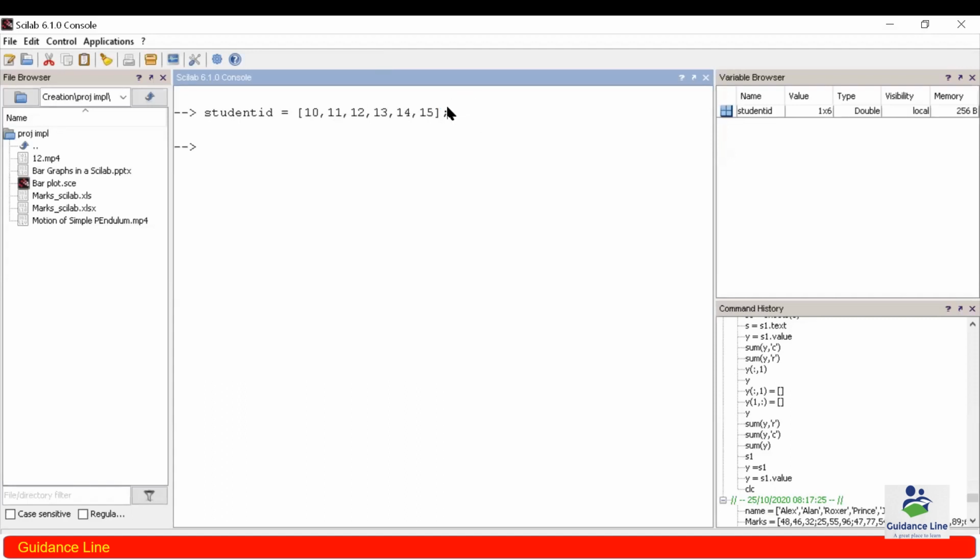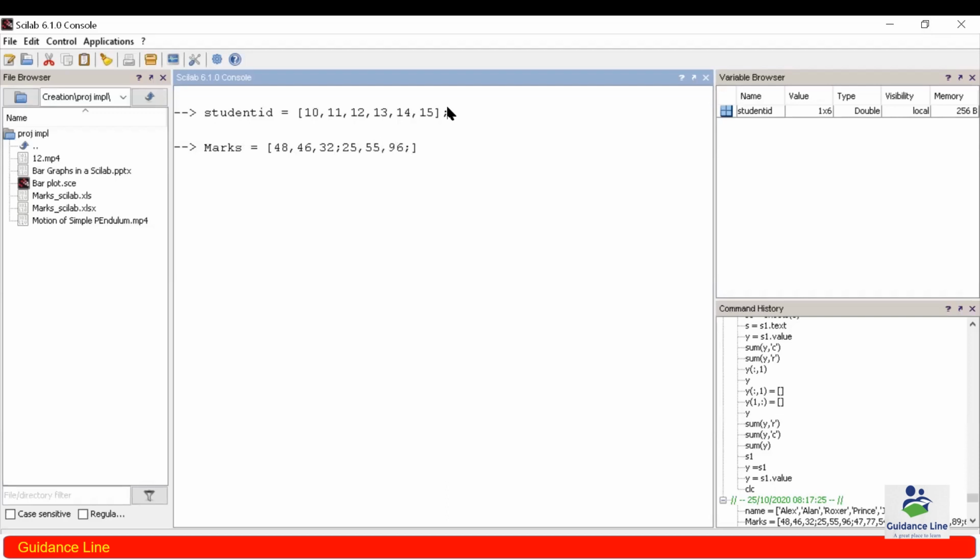Next we are creating a matrix for the marks. We represent the complete data set in the form of a student ID and a marks matrix. I am simply creating a matrix in the form of rows and columns. In the first row we have 48, 46 and 32. Then in the next row we have 25, 55 and 96.